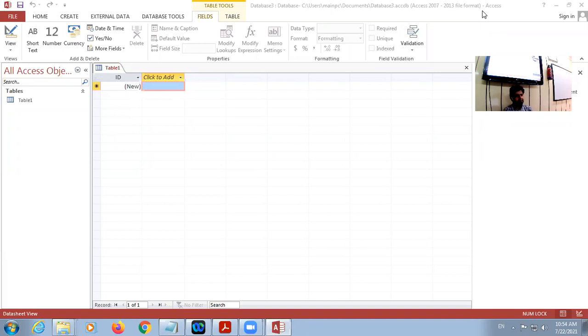And a form is simply an interface. By using that, we can easily fetch the data, get the data, and display the data that is saved in the tables. It means we are not directly connected with any particular table, but with the forms, we are accessing the data. So look here, I am going to create one table, and after that we will create queries, forms and reports, okay?